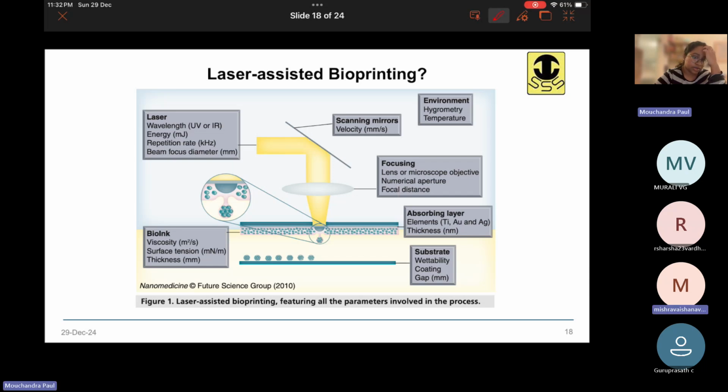Look at this from the diagram. The intensity of the laser will create droplets, and drops will be formed with the help of the intensity of the light. We will alter the intensity to which the bond will be broken, and I can say the